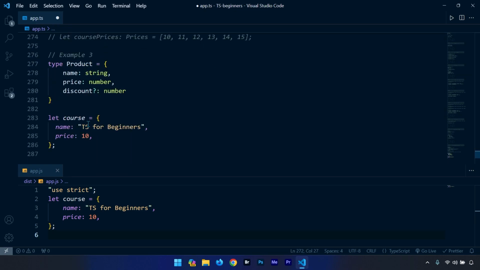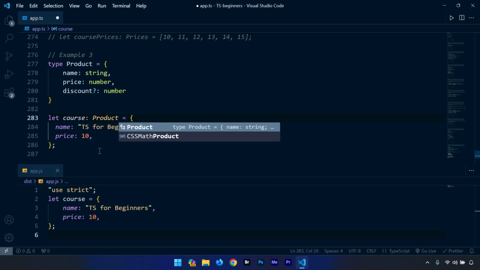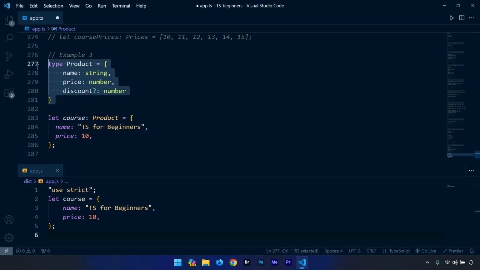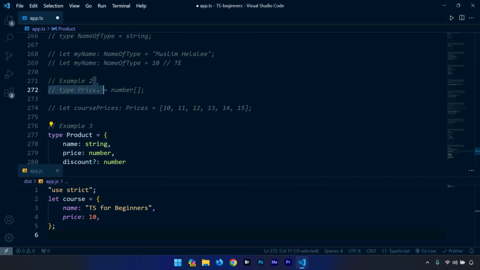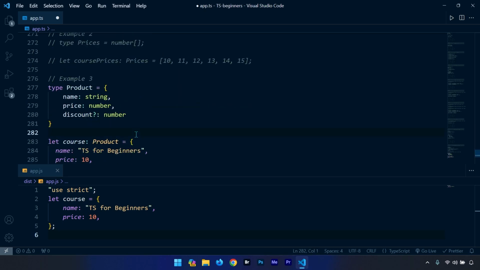We are going to come right in front of the name of the object and we're going to type annotate it to the product. Now, here is a clear advantage to using types as opposed to doing this. You could just copy this and put it right here and it would make no difference. As a best practice, you only have to use type aliases when they allow you to